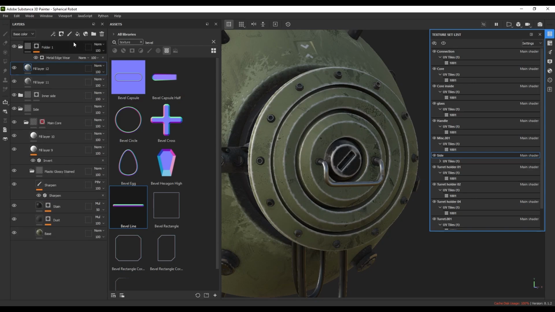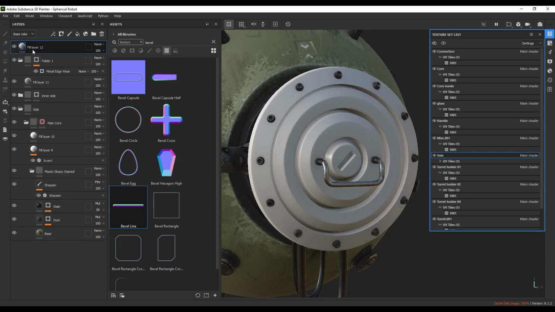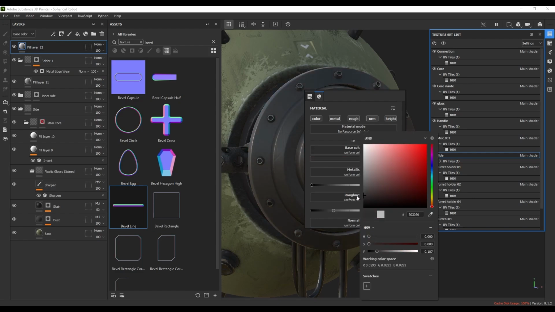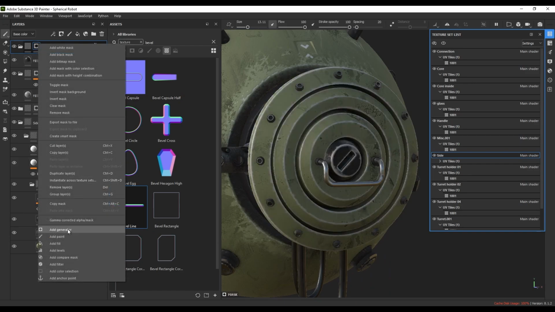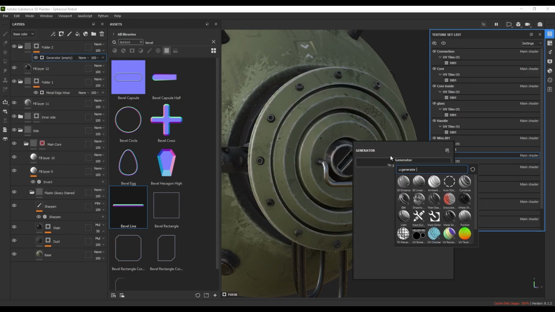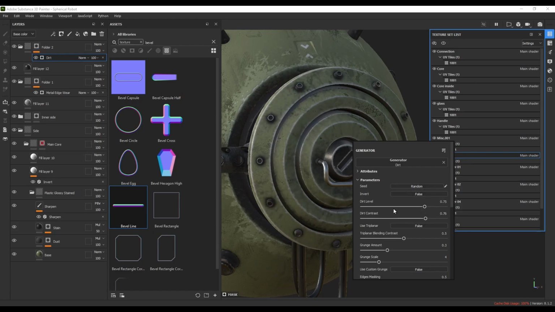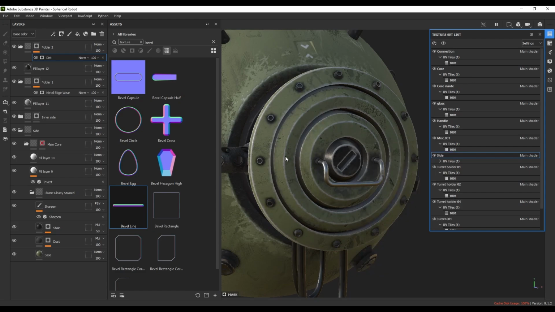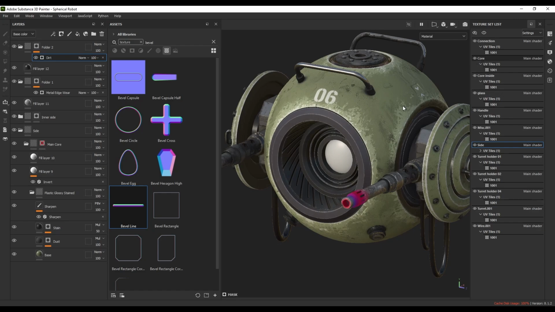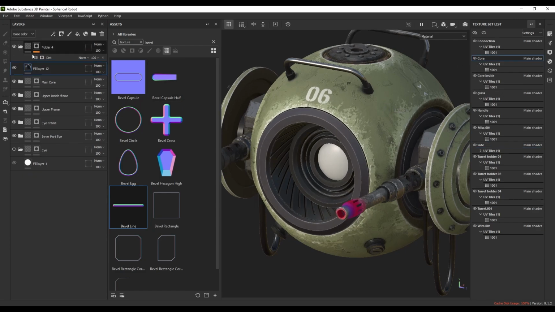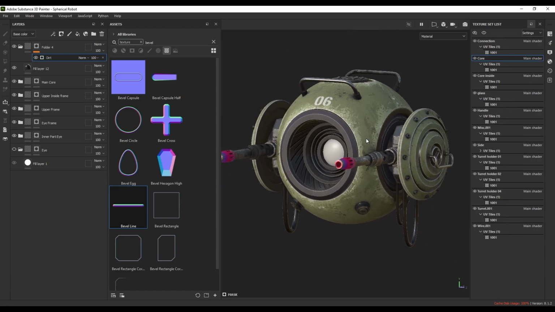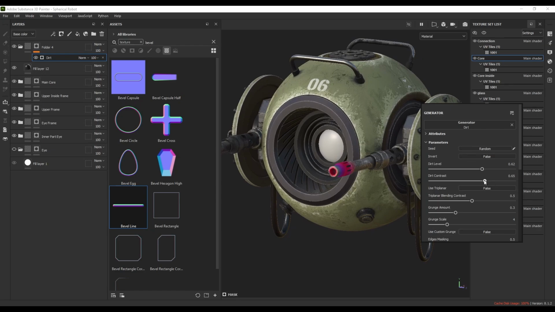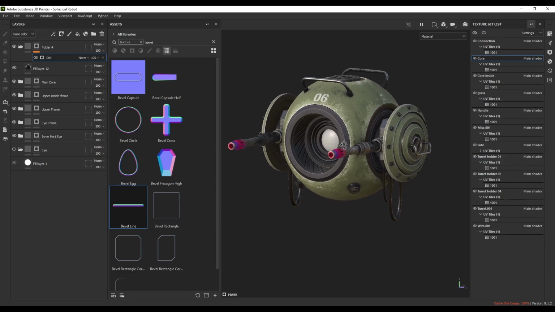Also, same thing with the core. I'm going to add another fill layer and put this on something dark for the base color, and put this under a group, add the black mask, add the generator and add the dirt, and increase the contrast and decrease the level. Something like this. I think for the core we can increase the level of the dirt, so let's try out. Now I think it's better, or maybe decreasing the contrast like so,